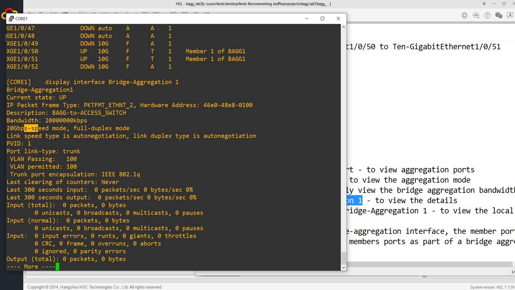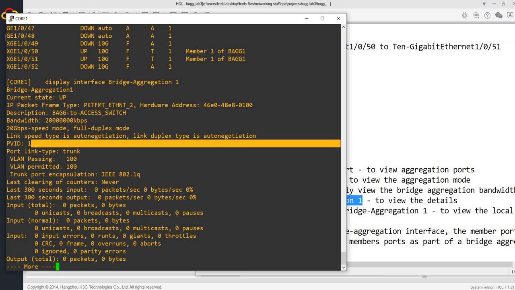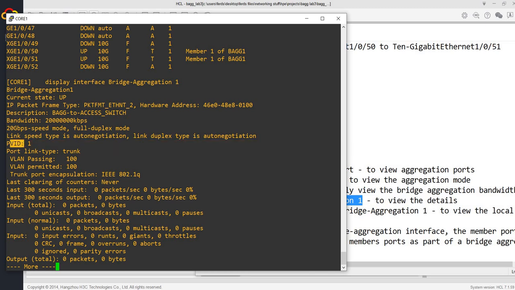And speed modes, duplex. So here are also 20 gigabit per second. And duplex mode is full duplex. So auto negotiation. So private ID, one, port link type trunk, VLAN passing 100, VLAN permitted 100,